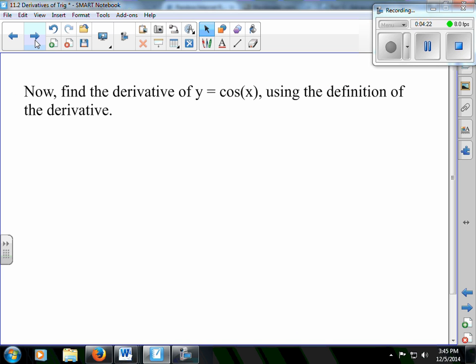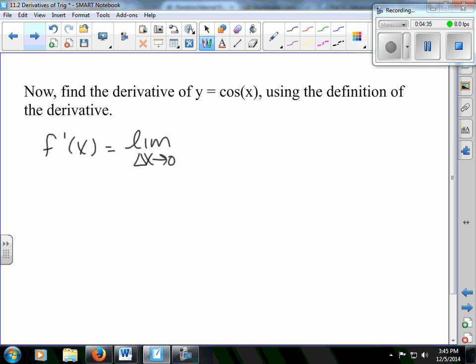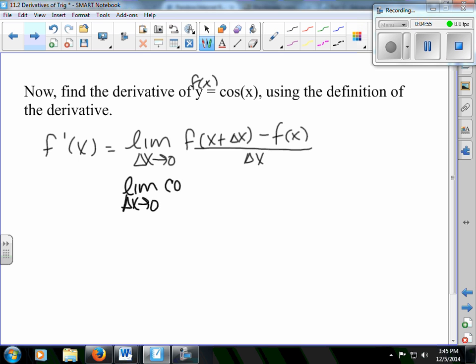And I am going to use the definition of the derivative to do this. It's been a long time, but I don't know if you'll remember this, but the derivative of f, this is good exam review, is the limit as delta x goes to 0 of f of x plus delta x minus f of x over delta x. And so if my function, let's call this f of x, is cosine of x, then my derivative is the limit as delta x goes to 0 of the cosine of x plus delta x minus the cosine of x